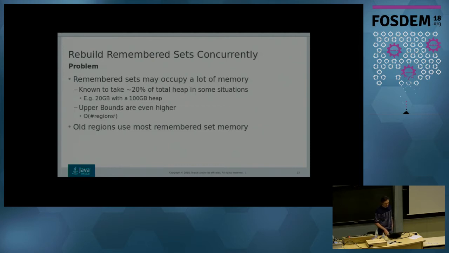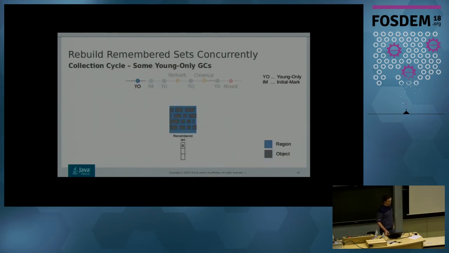And yeah, what has been noticed is that the old regions use the most remembered set memory, and I'm going to try to show you why by showing you how the remembered set and the objects within a region change within the GC cycle that is shown above that heap snippet. So at the beginning of the collection cycle, there are a few so-called young-only GCs, and during that time, new remembered set entries are added to the remembered set of the region,